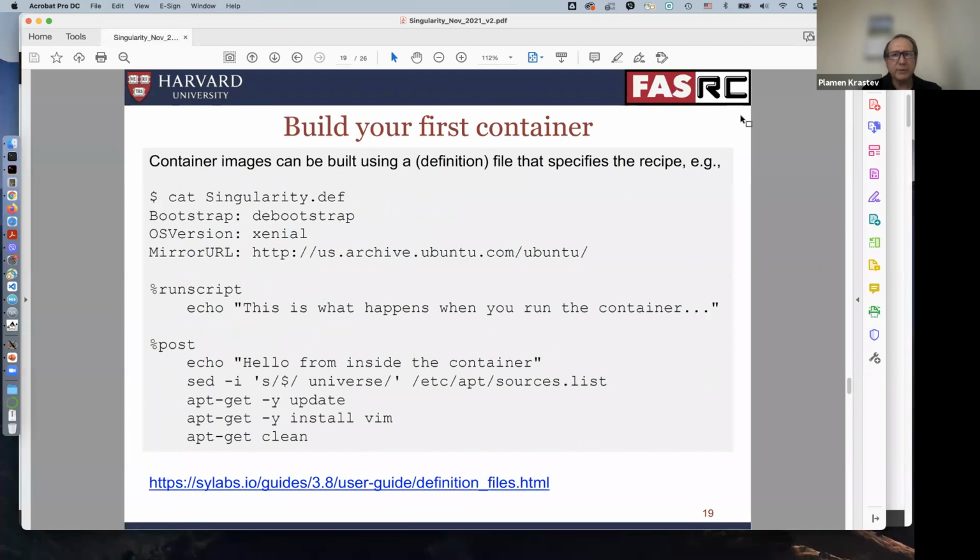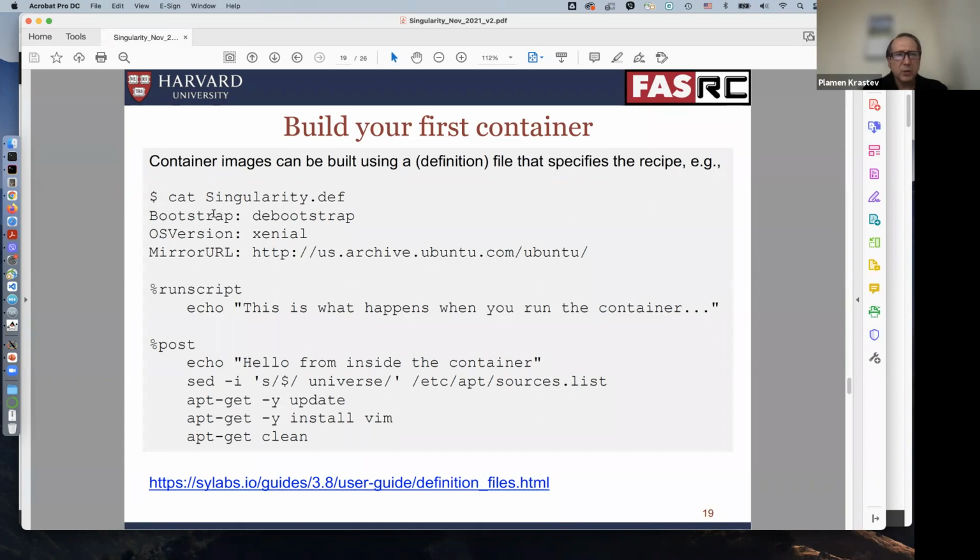So let's just come to the point of building the images. Like I mentioned, you can build these images in some other place or pull them to our environment from, like we saw, Docker registry or some other libraries which contain Singularity images. In order to be able to build a Singularity image, you need to have a spec file, which here is called the definition file. And this is a very simple example which would install Vim, which is based actually on the Ubuntu environment,